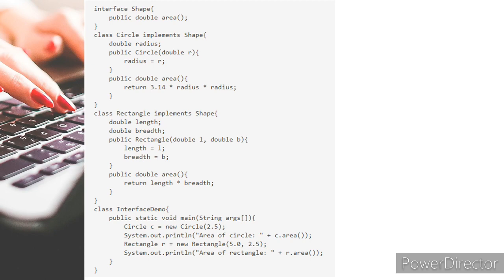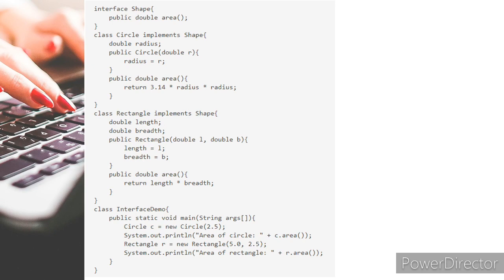After that, I create a class InterfaceDemo to execute the previous code, with public static void main(String args[]). We create an object of Circle, because when an object is created, the constructor is automatically called, no need to call it.